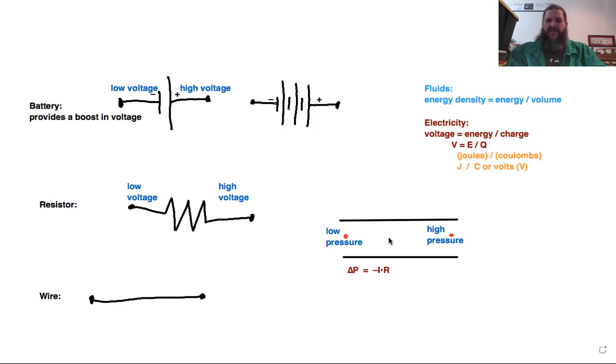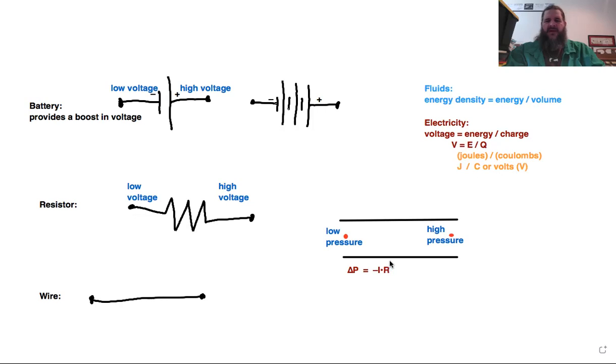What happens within this pipe because of the difference in pressure? Flow towards low pressure? Yeah. According to this simplified Bernoulli equation, the difference in pressure causes current to flow through the